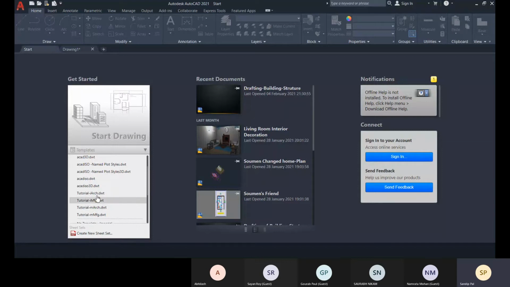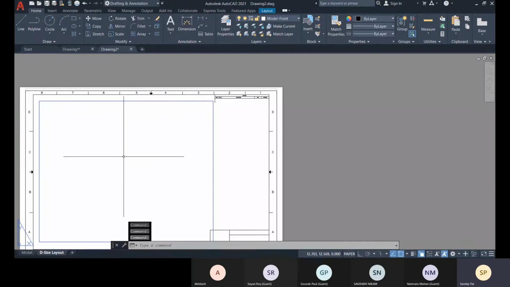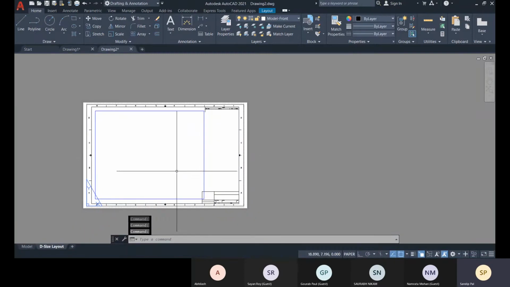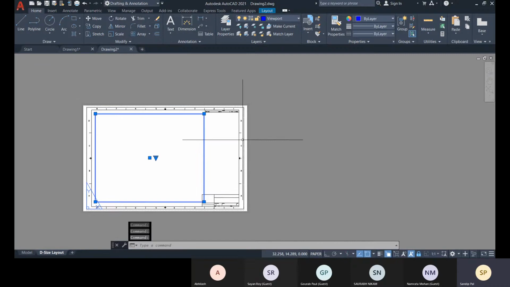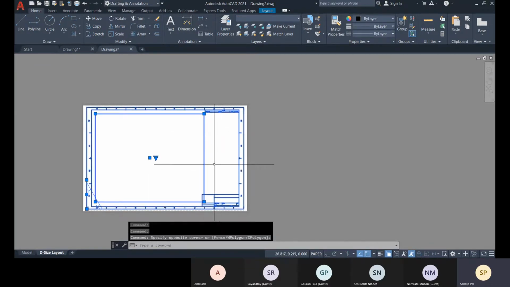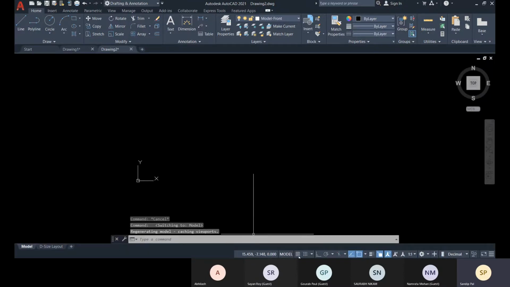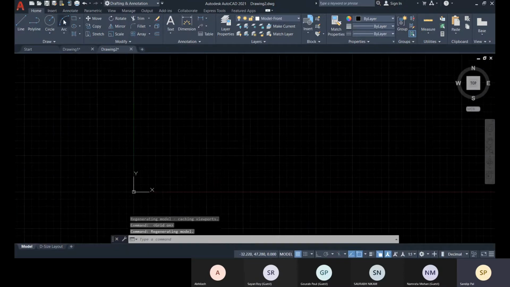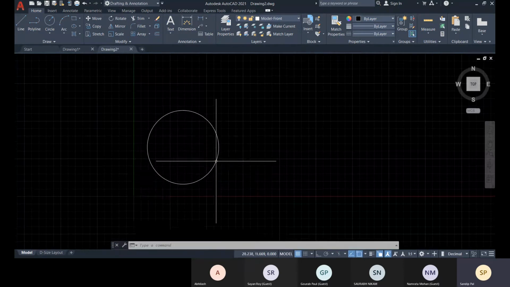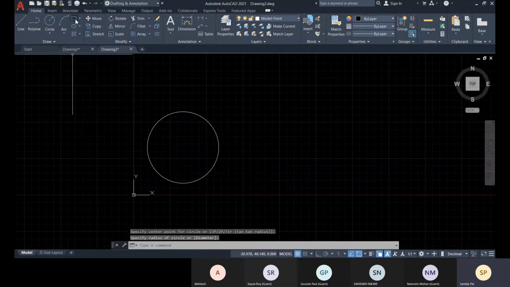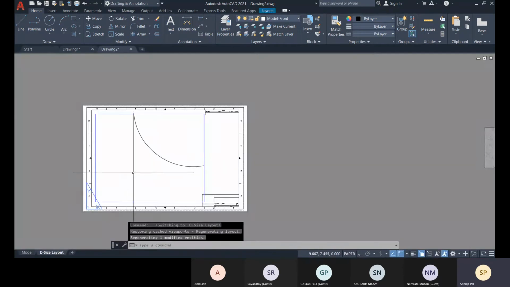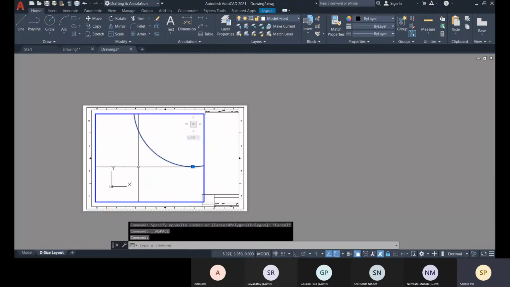So let me choose this one. Here you see this is a viewport and this is the title block. Anything you create over there. Okay, so let me create one. There you see within this viewport I can see this,